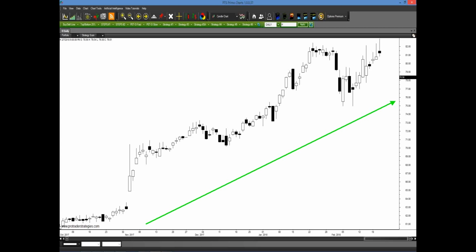So let's look once again at this example in letter H. As we can see, we are going higher. All right, we're in an uptrend. Once we apply the PET-D, and as we stated earlier, we're looking at our PTS Primo charting platform, it's as simple as simply clicking on the PET-D right here, and all the colors will be changed automatically to green or red. The PET-D will only color the bars either green or red. So as you can see, we're in an uptrend. We have our first red bar, and then the very first green bar that appears after that generates a buy